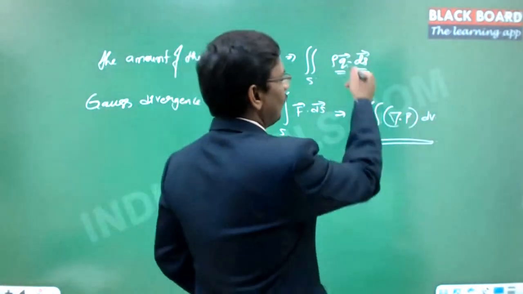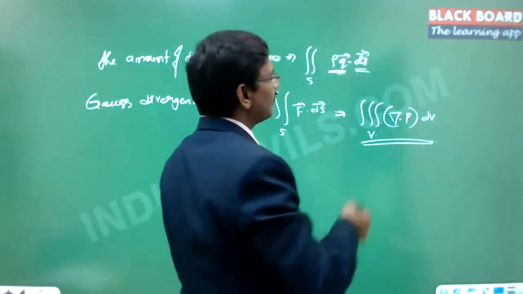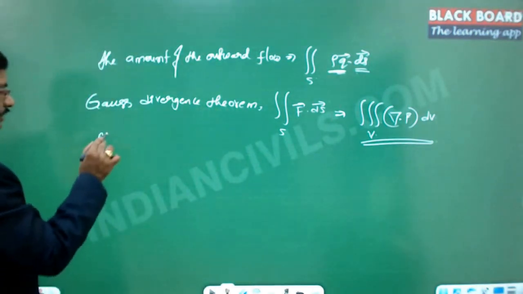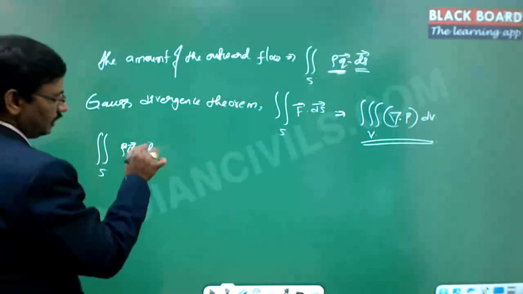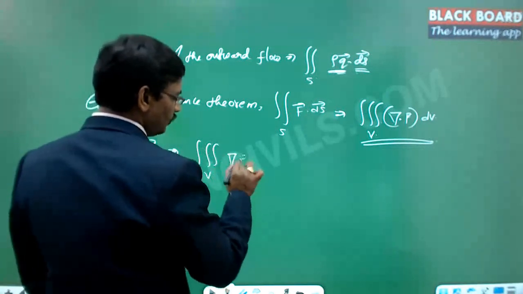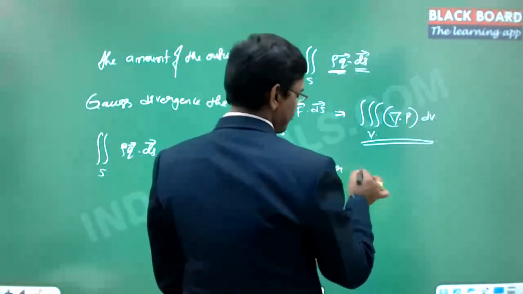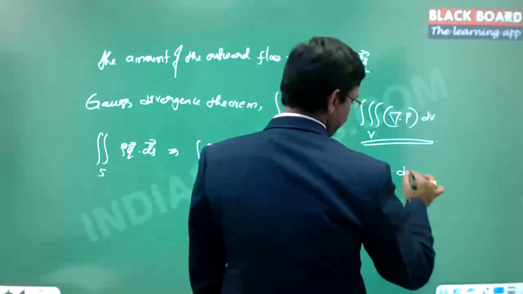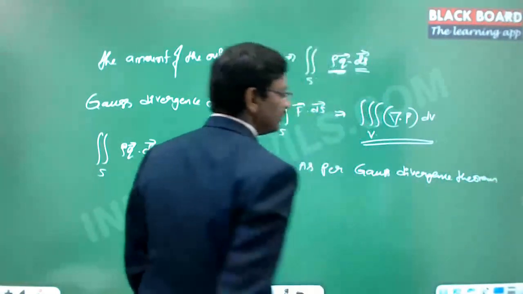Now see this, if you apply del dot f on this, so that means this entire rho q is the f vector, and then ds is one more vector. Then you can apply del dot f. So this integral over the surface area of rho q dot ds vector can even be expressed as a triple integral over the volume, del dot rho q dv. So this is as per the Gauss divergence theorem, right?